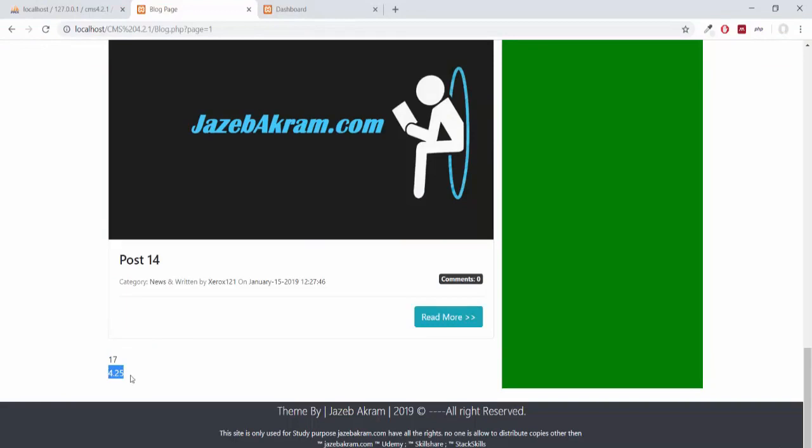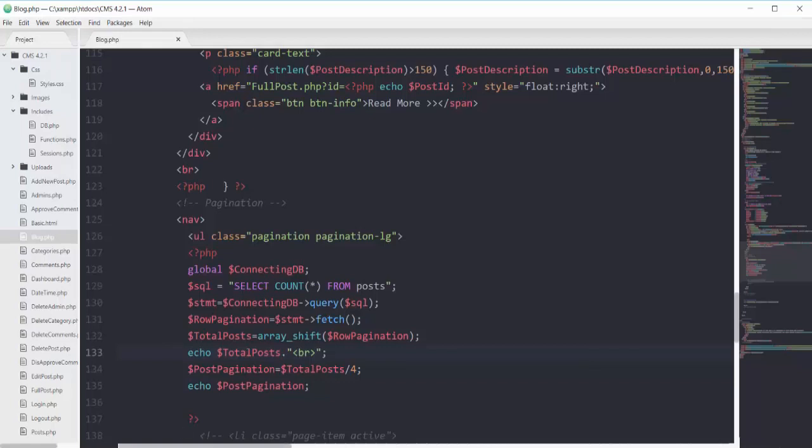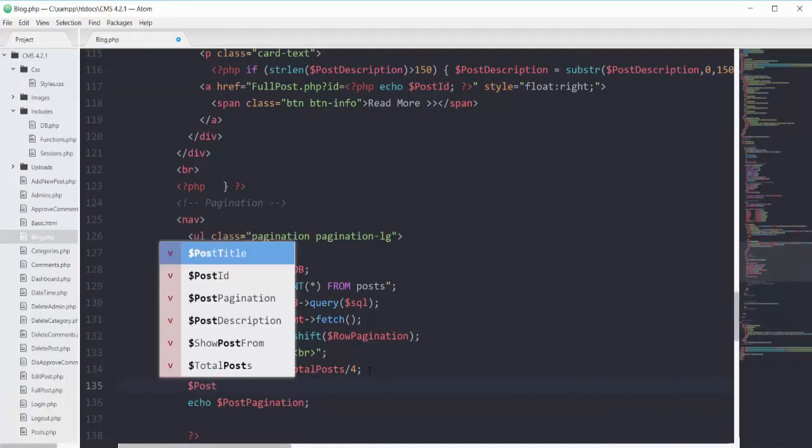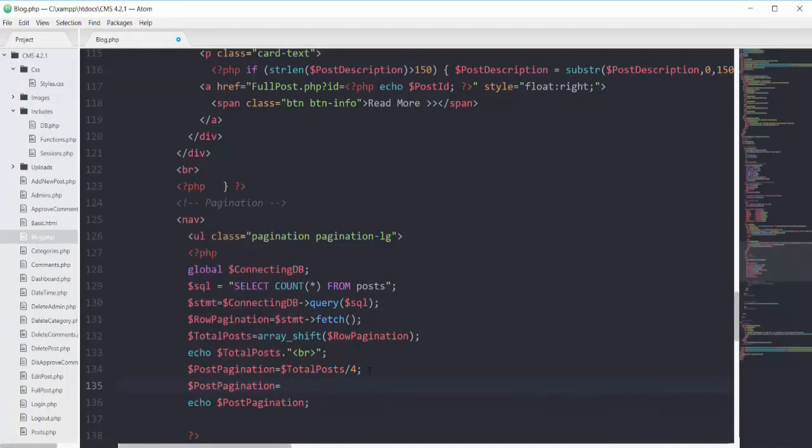But this would be completely absurd if you believe that we are going to show 4 posts completely and 1 post 25%. That's not going to happen. So instead we can apply the ceiling function. Right here I will apply the ceil function on this variable post pagination.